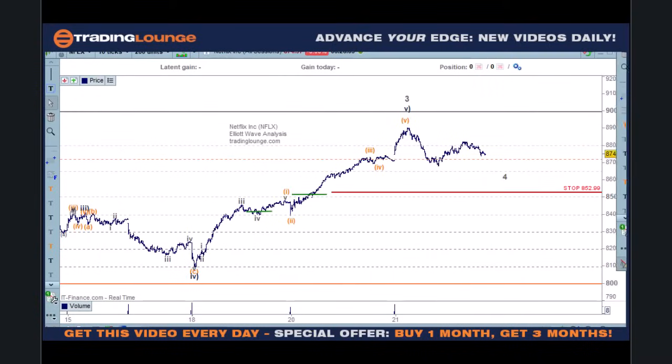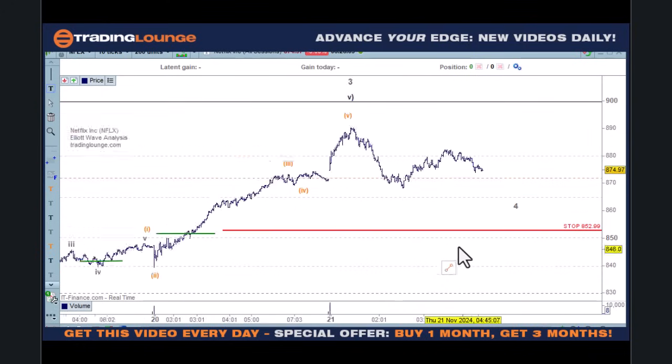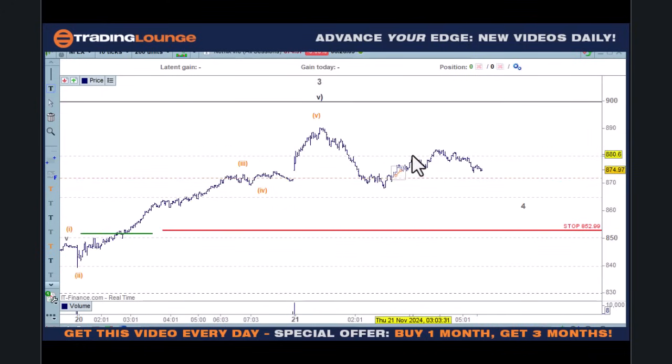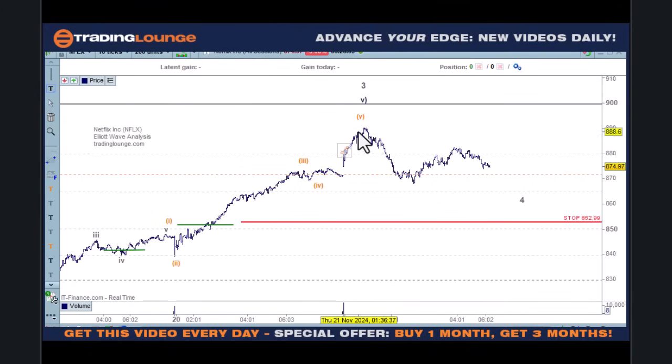But if you're a short-term day trader, then just buying new highs in any market's really going to get you there. This is Netflix here. Let me just have a look in here. 1, 2, 3, 4, 5. 1, 2 overlap here. So this is 1, 2, 3, 4, 5. So it looks like this is some sort of A, B, and C wave coming down, but it may get a bit more complicated first and then come down here as an A, B, C for the B wave,